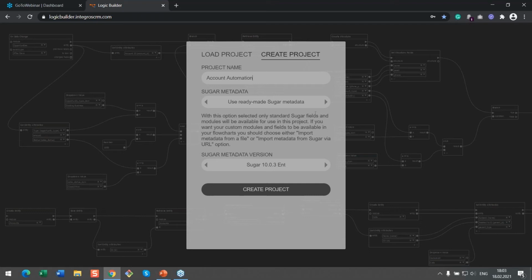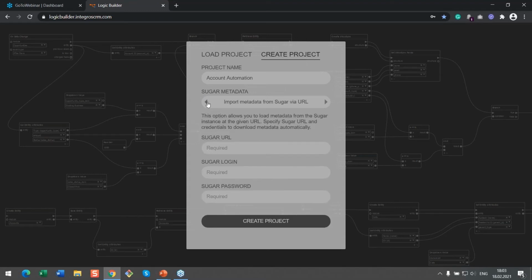So, if you would like just to try out Logic Builder, it's easy as pie. Just pick already uploaded metadata from already uploaded Sugar Vanilla versions. But if you would like to enhance your own Sugar, upload metadata from your CRM. The quickest and simplest way to do it is to input Sugar URL, login, and password. In a few seconds, you can start designing your algorithm using only those CRM objects that are open for you